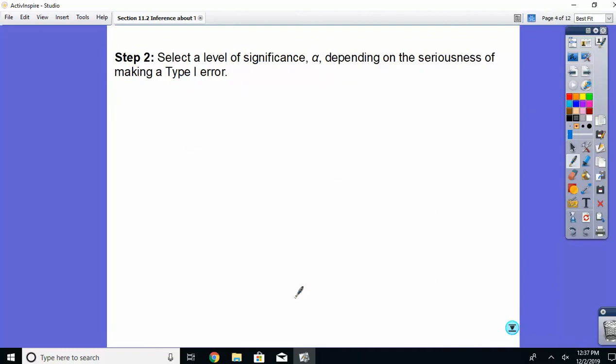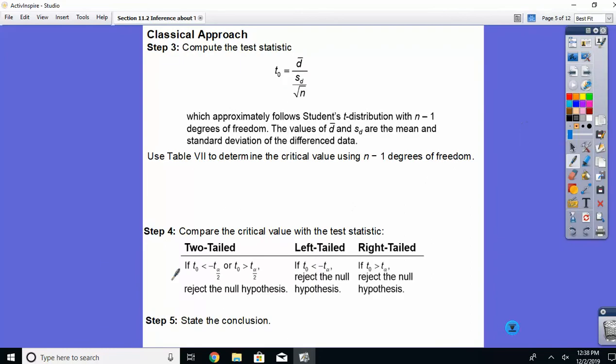Okay, we'll still have our alpha, which is, we know, the seriousness of making the type 1 error. Then we have our approaches. So the classical approach, you do your test statistic. So our t is, now this looks a little bit different. If you look at your formula sheets,